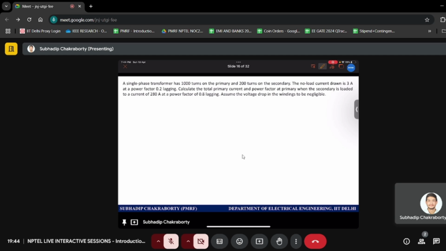So I hope you have tried the problem and you know also how to draw the phasor diagram, right? Because in such kinds of problems the phasor diagrams actually help. So if this is the flux, then V1 I will take like this, 90-degree lead. Obviously E1 will be 90-degree lag, but I take E1 like this, and then the I naught, which is of a higher angle because of a poor power factor, because it is only the magnetizing branch. So this is I naught, and with that I add